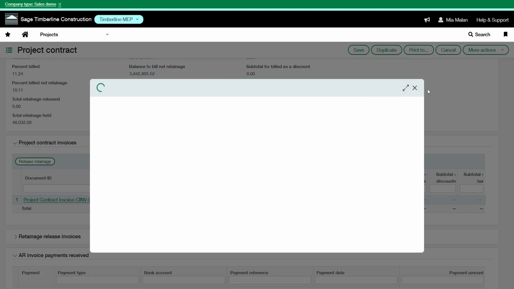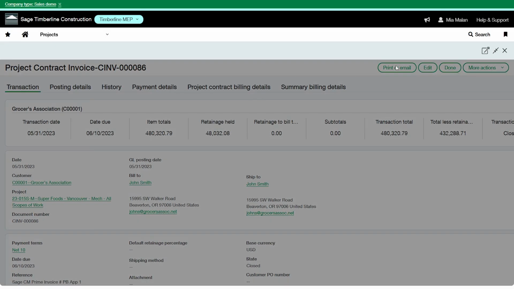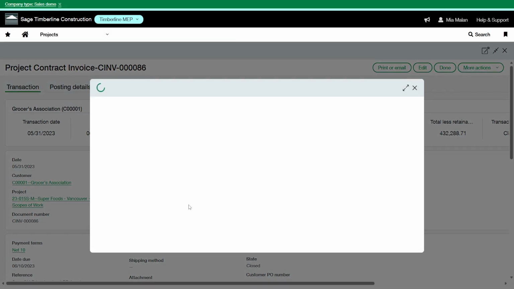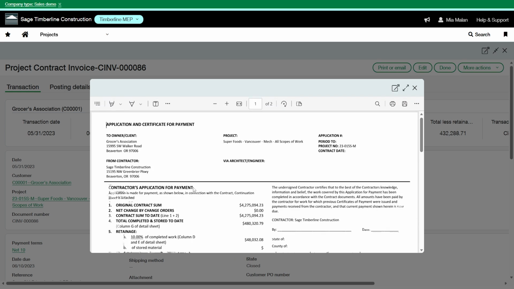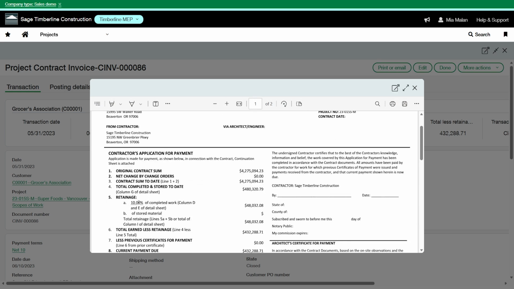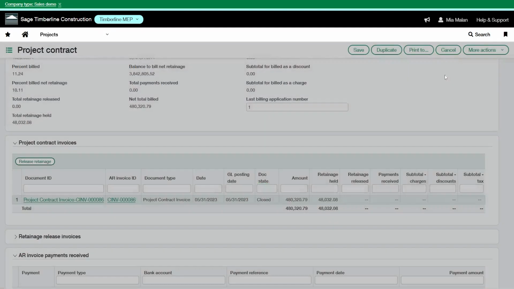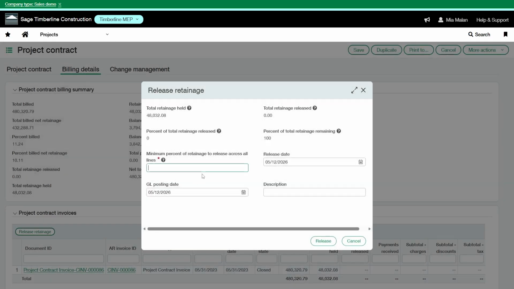We'll pull up the project contract invoice that has been created. I'm just going to print it. And you'll see that we're still currently holding 10% retainage. So if I needed to release all of my retainage, I would enter 100%. So enter 100.